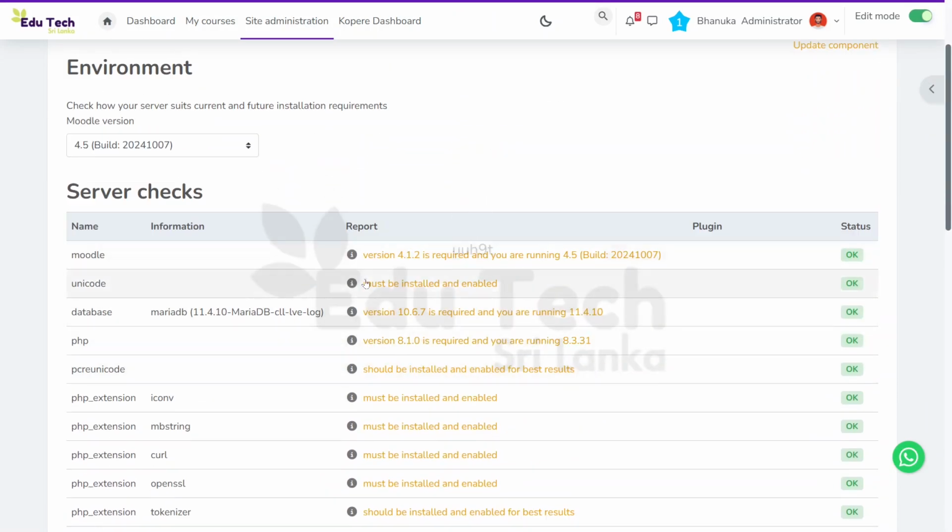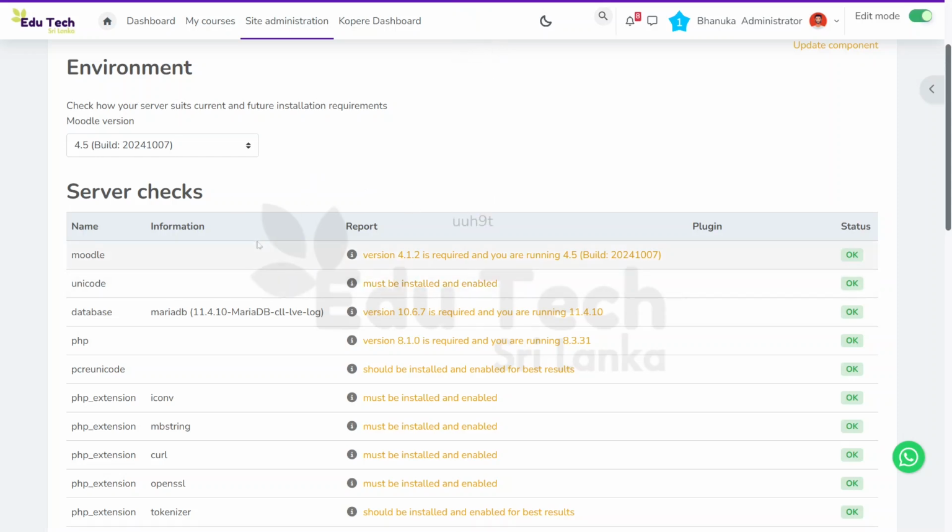You can see the Moodle version is 4.1.2. Now this is required, but you are running 4.5. That is the actual version, and you can see Moodle's latest version is 5.2, by the time we are recording this video.